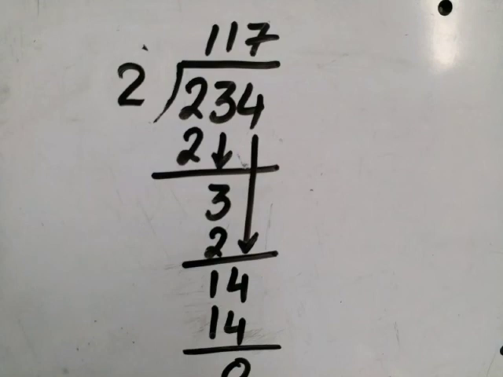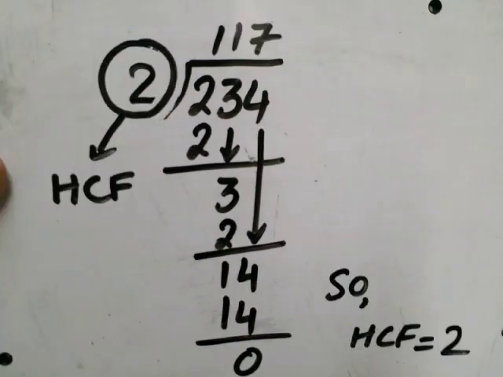Now we divide 234, the third number, by 2, we get 117. Now the HCF is 2, which divides the three numbers exactly. First, 2 is the HCF of the first two numbers and it divides the third number exactly, so it is the HCF of